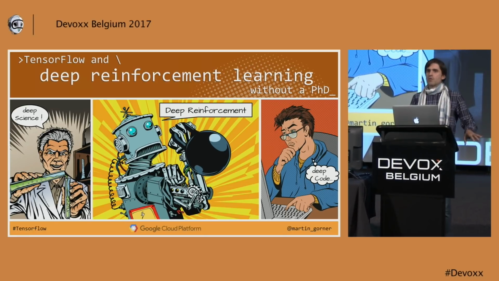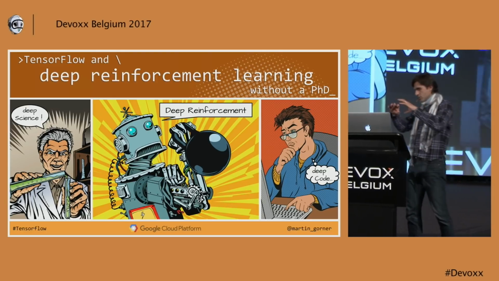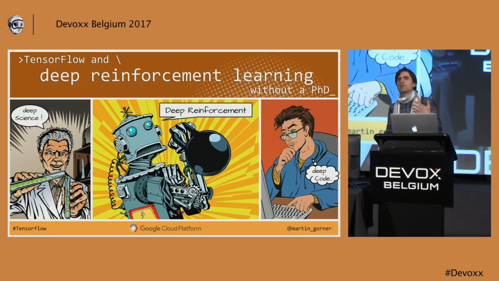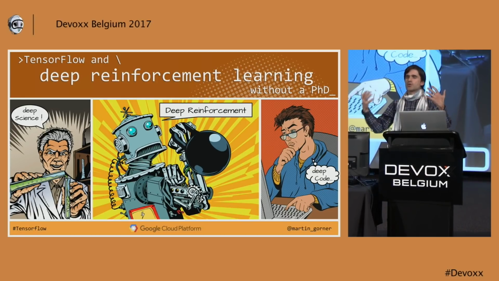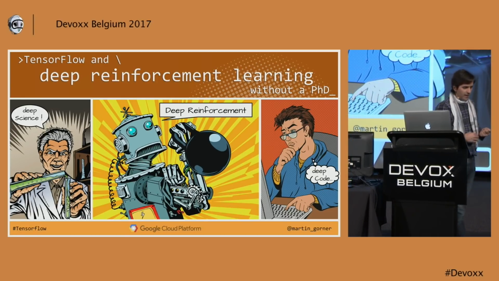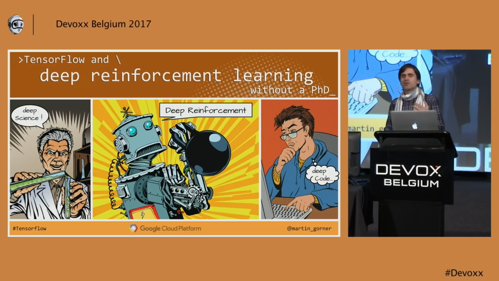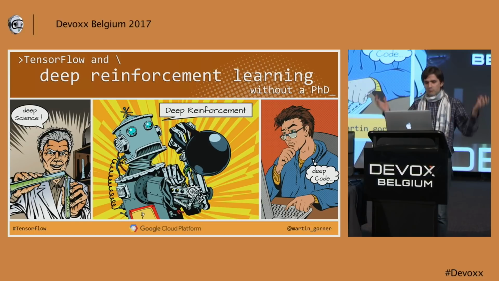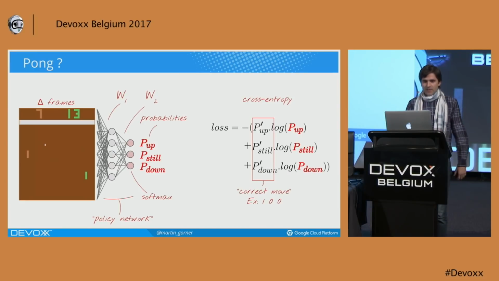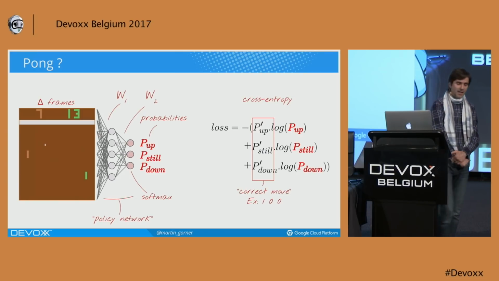So the previous 2 hours, I was sharing with you common architectures that you can reuse in your projects. I wanted to share with you the good practices in assembling the different Lego pieces and produce neural networks that were doing useful things. Now let's be a little bit more forward-looking and try to see how this reinforcement learning principle works. And for that, we will be using Pong, the game of Pong, yes, from the 70s.